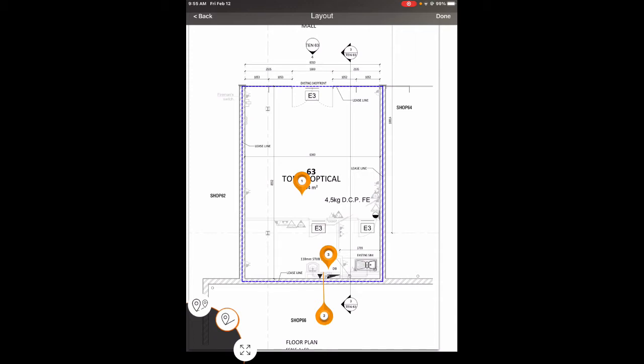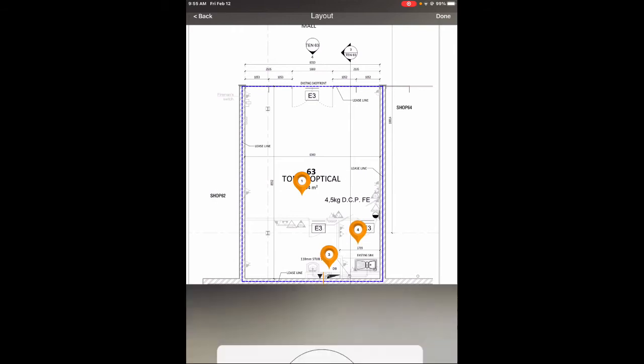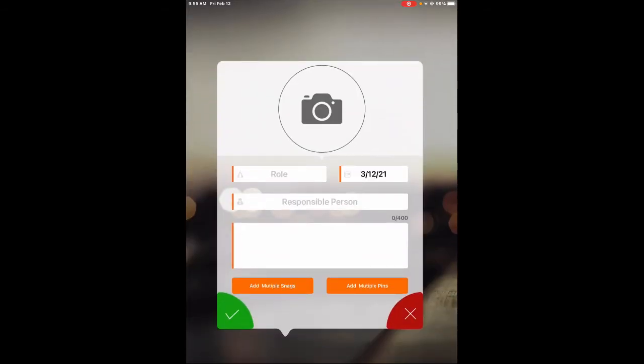Now you have a few options as far as marker types are concerned as well. So let us say, for example, on the bottom right of your plan where the sink is shown, that's a very closed and confined room. Let us say that we have a number of defects within this room, but if we were to drop a pin or marker for every one of the defects, this would become very confusing and cluttered. So what you do is you just double tap on the screen, your marker will appear, you will add your